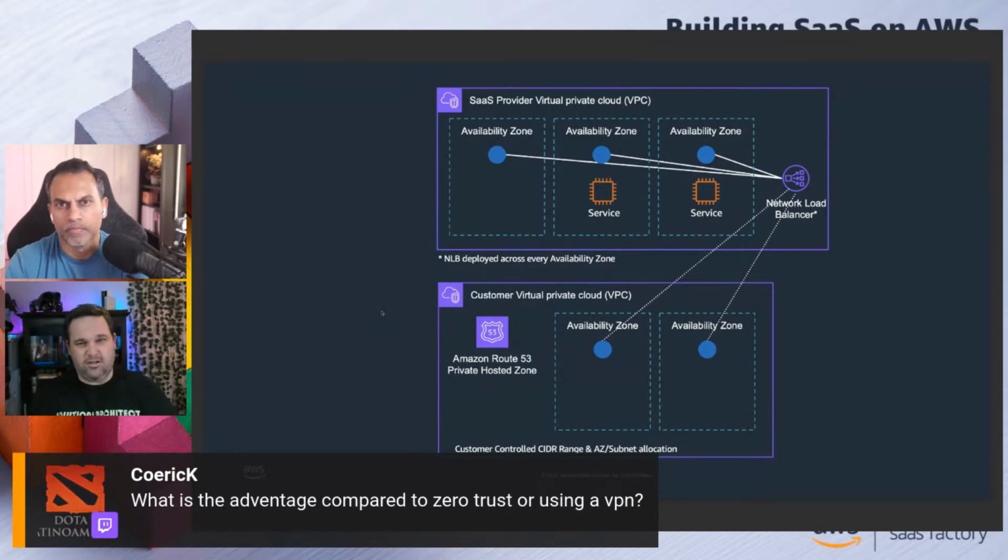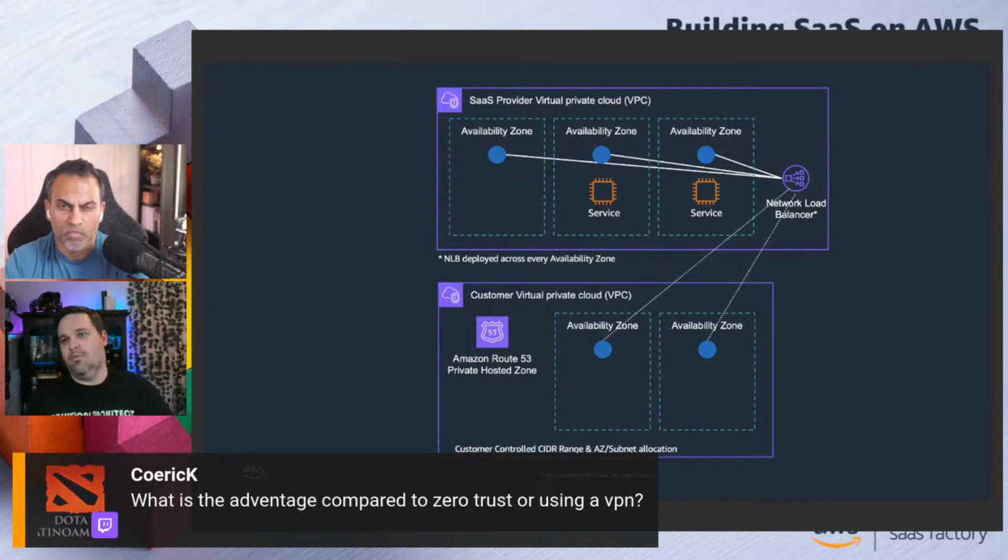So as a SaaS provider, you 100% want to avoid that. But at the same time, I don't think you want to necessarily say, no, Mr. Customer, you can't use a VPN, or you can't use your zero trust SD-WAN network with us or anything like that. You probably want to be in a world where you can kind of support both. So one of those, for customers that already are using VPNs and zero trust networking into AWS, is to drop your endpoints straight into their VPC, kind of leveraging their existing infrastructure.